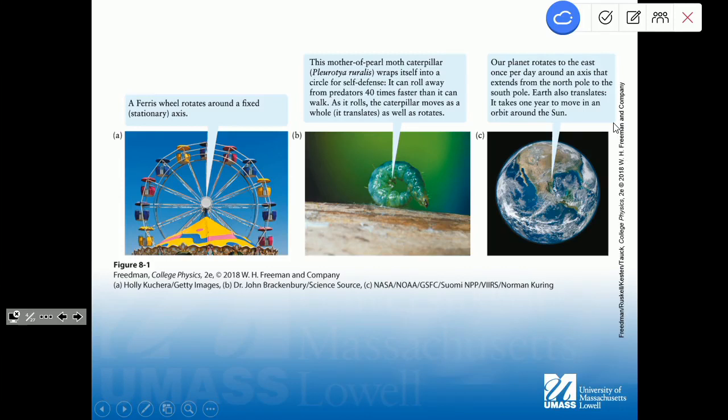The Earth as an object, treated as a point object, is moving in a circle around the sun. It is describing a circle, and that circle we can describe using centripetal force and centripetal acceleration. But while it's doing that, it's also rotating about its own axis. So now we're going to focus on the rotation part. The translation stuff is already done, what you covered in Newton's laws and